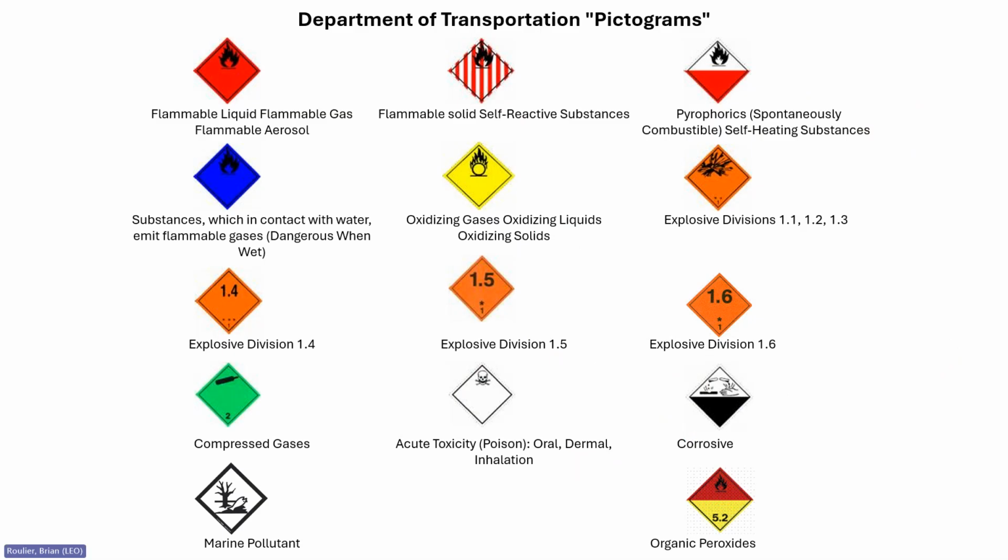When chemicals are sent from a manufacturer or distributor, it may be necessary to label the outer packaging or containers with the Department of Transportation pictogram placards. The transportation placards may appear with the GHS pictogram or in some cases instead of the GHS pictogram, so it is important to be aware of what these symbols represent as well.